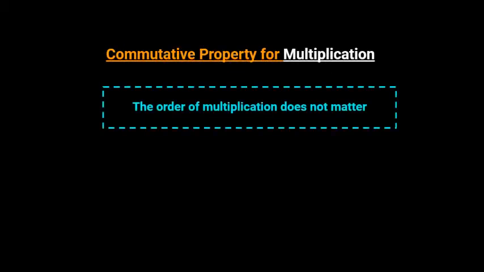Commutative property for multiplication says the order of multiplication doesn't matter, which means either we multiply 2 into 3 or 3 into 2, we will get the same result. So in general we say A multiplied by B is equal to B multiplied by A. Some examples are: